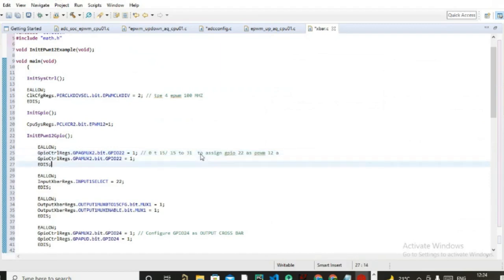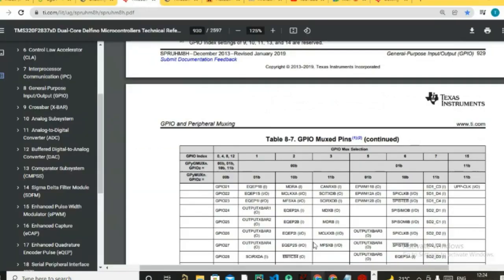Now I have selected input 1 in the input crossbar register, input 1 select, as 22. So for input 1 select, if I select 0, it means I'm selecting GPIO 0. If I'm selecting 1, it means GPIO 1. If I'm selecting 22, it means I'm selecting GPIO number 22 as an input crossbar. So from here, if you go and see,